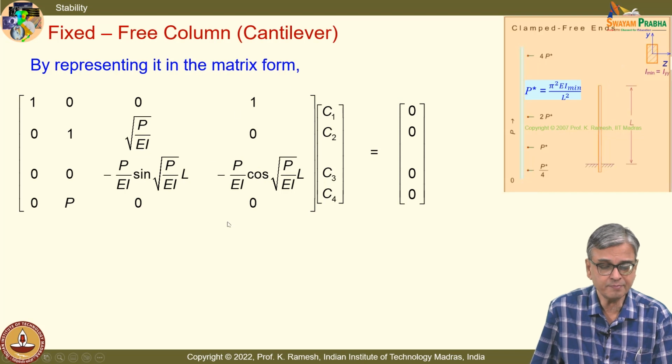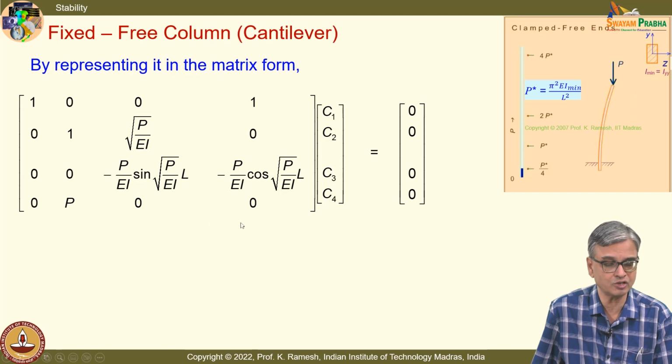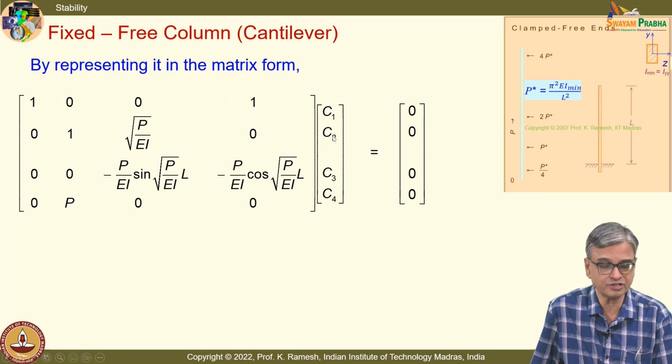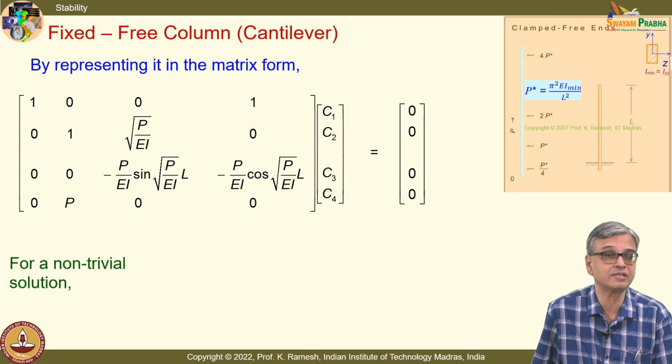So, this is nothing but an eigenvalue and eigenvector type of problem, and for a non-trivial solution this determinant should go to 0, because when the determinant is not 0, the trivial solution is C1, C2, C3, C4 all 0, that is a straight column. Okay. We want a non-trivial solution. So, the determinant should go to 0,